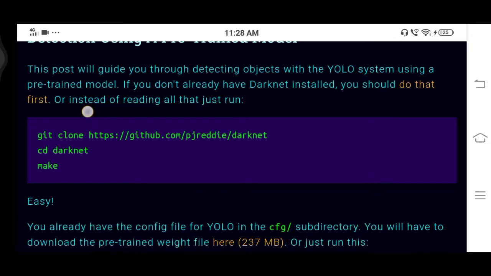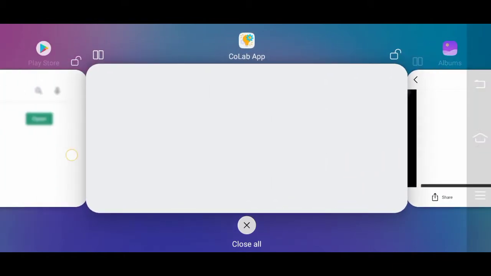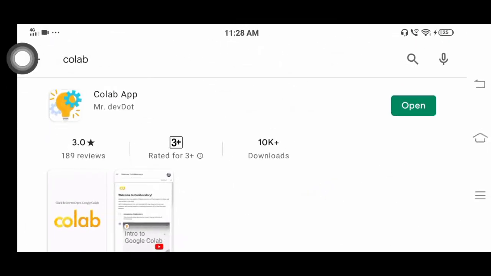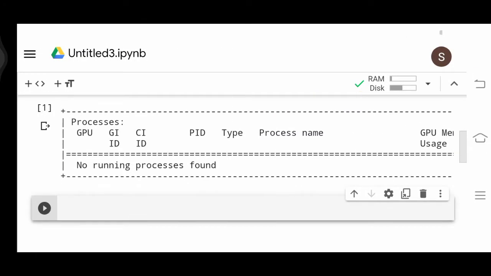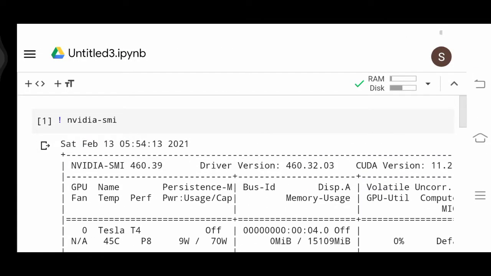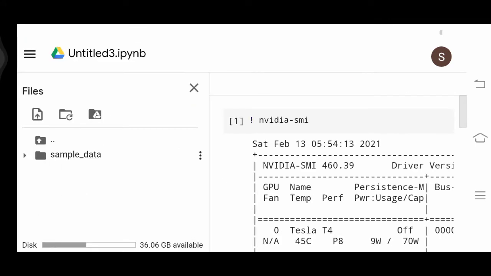So we are going to run this thing. Let's go to the Colab. This is the app. I will show you. Now you have to open it, and this is the session I have opened. You can check in the browser. These are all the browser sessions. So you can check different types of things.